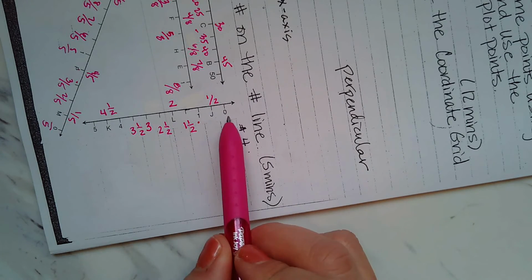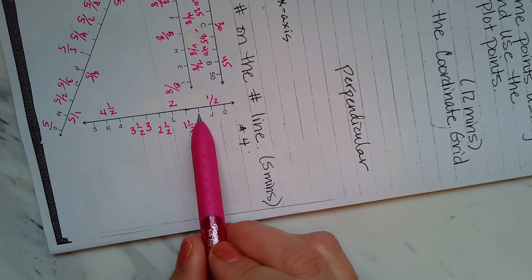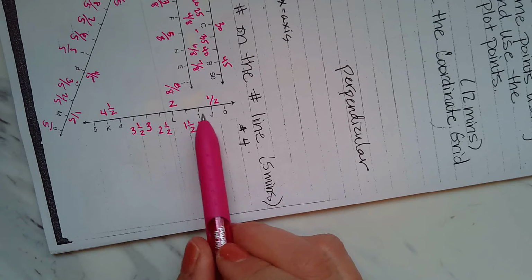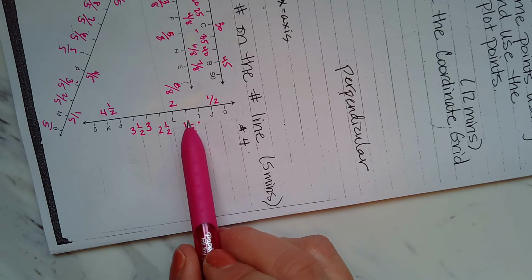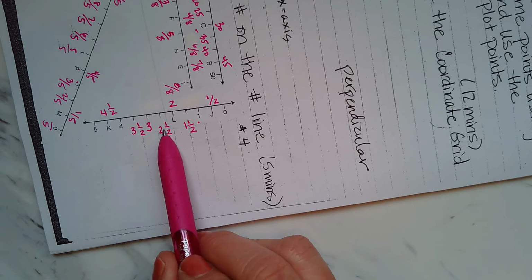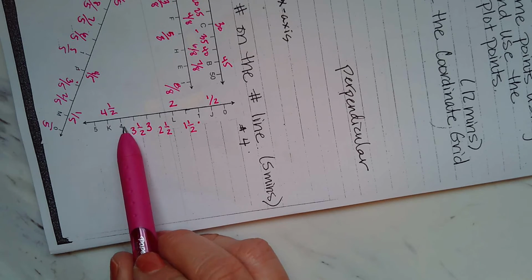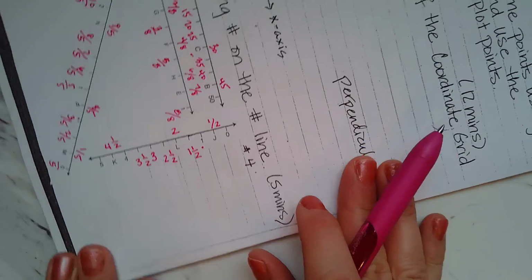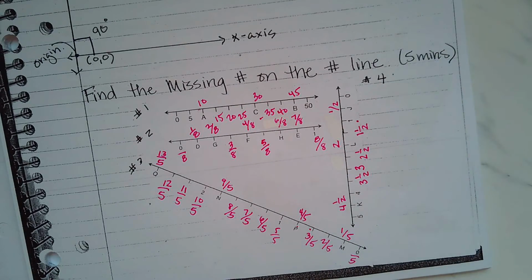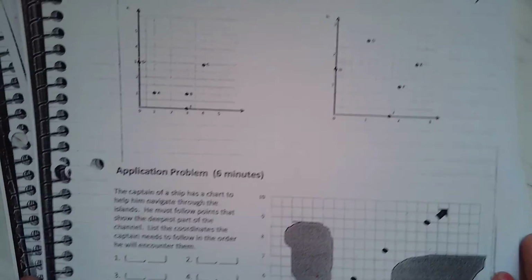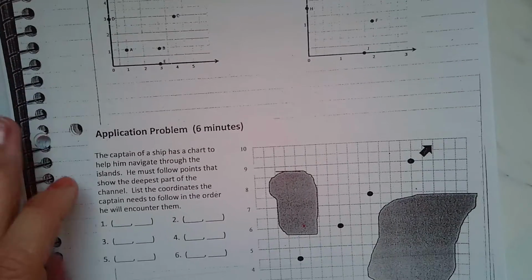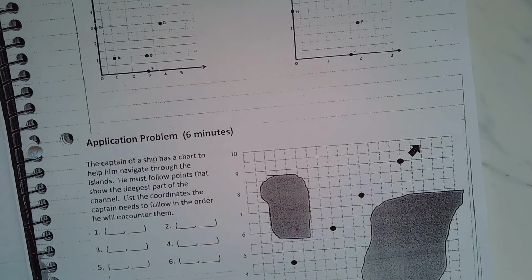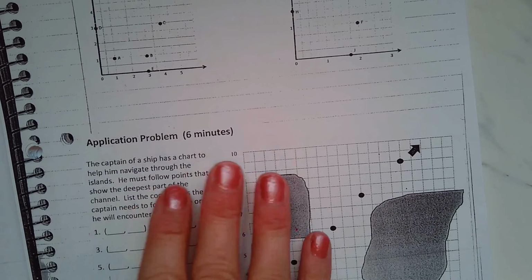Then here, when I looked at it, I went, oh, it's cut in half. So a half, 1, 1 and a half, 2, 2 and a half, 3, 3 and a half, 4, 4 and a half, 5. All right. Hopefully you did well. We're moving on to the next part of our fluency, which is name coordinates on a coordinate grid. So what you need for this, it says, hold on,